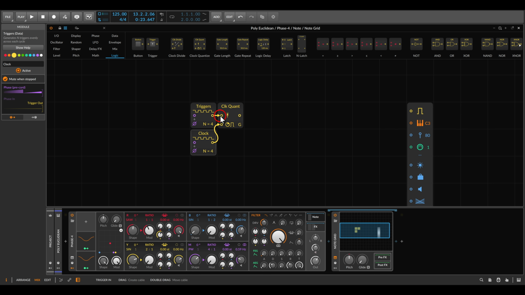Right now, I would like this also to output triggers instead of gates. So here we can change this. You can see it says now G for gates. If I change this to T, it will output triggers. And now if I connect this to our voice and I play this,